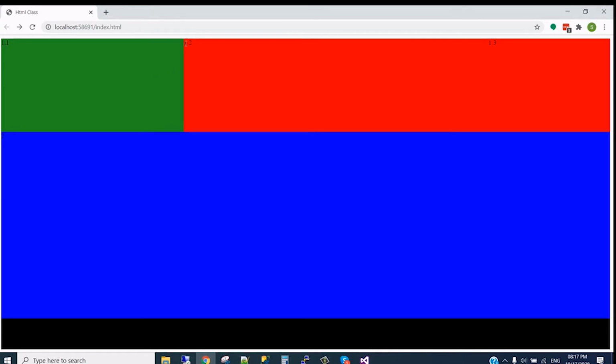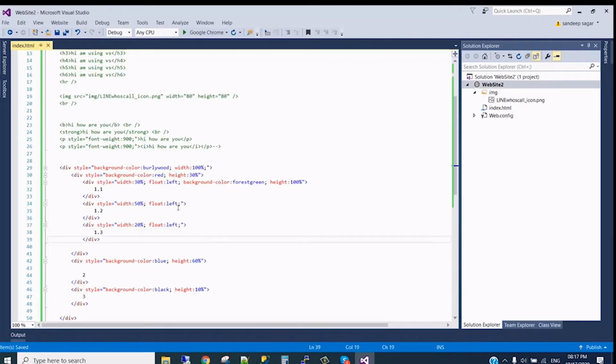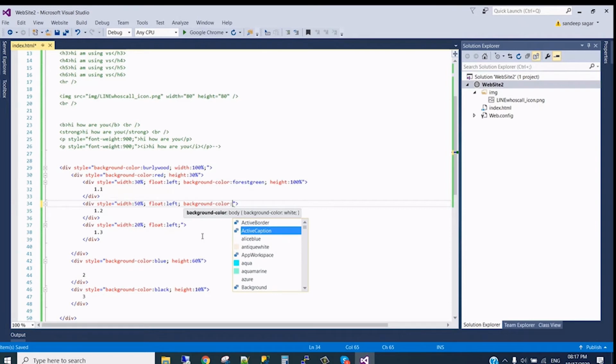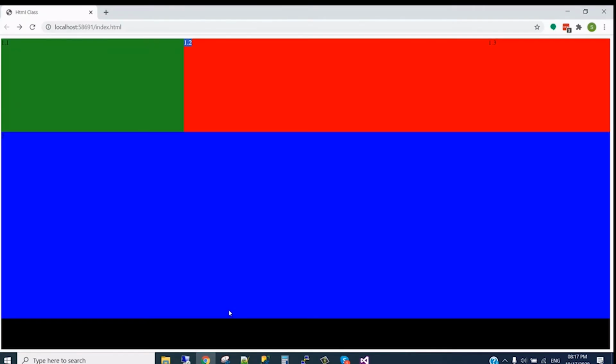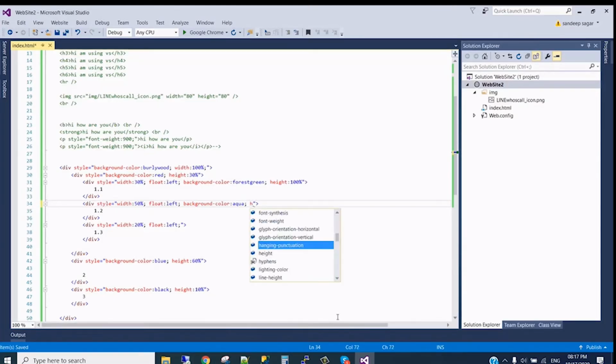And also, as I told, this will be my center text. Let me give the background color, then it will be clear to display. For example, if I give this color, also height 100%.